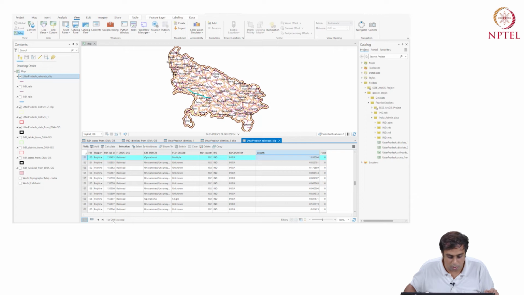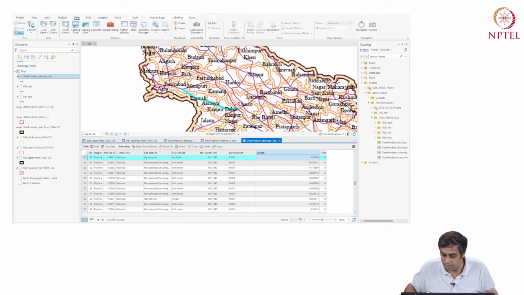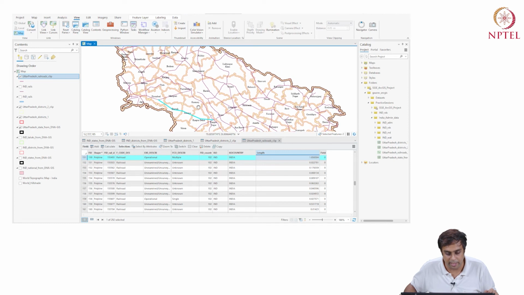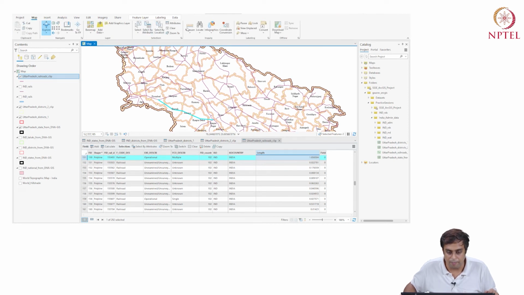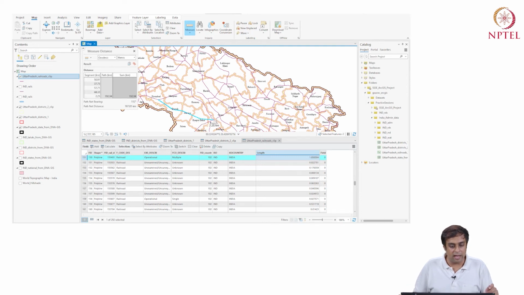That would mean that there are 292 of these lines. They are certainly not meters, even though I asked for it. So I can do one thing. I can go to measure, and I can try to see what. Okay. So I'm looking at overall 187 kilometers. It is giving me 1.85, which basically means I have now 1.85 into 10 to the power 2 kilometers. So that's how we cross-validate the unit that we are using.